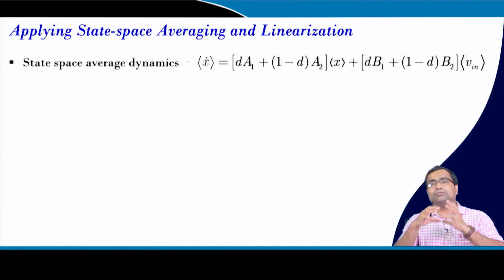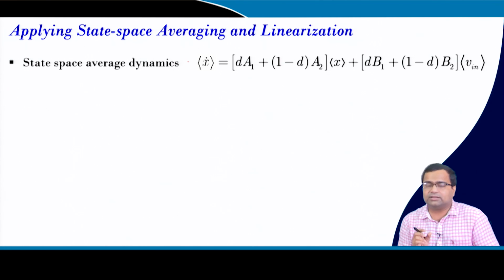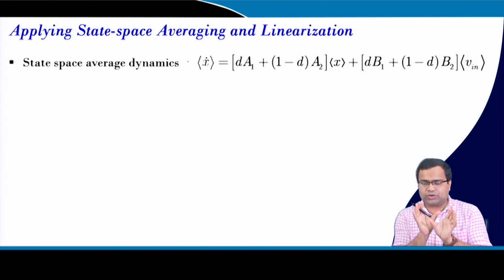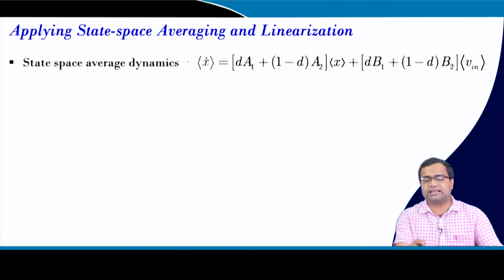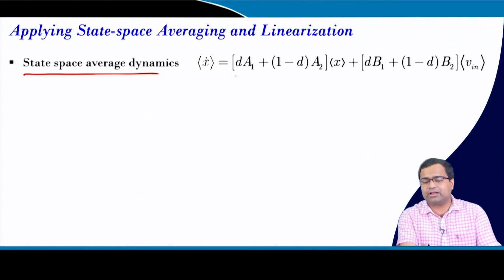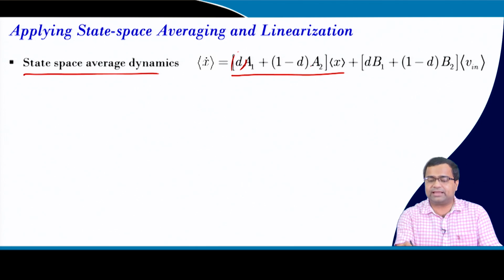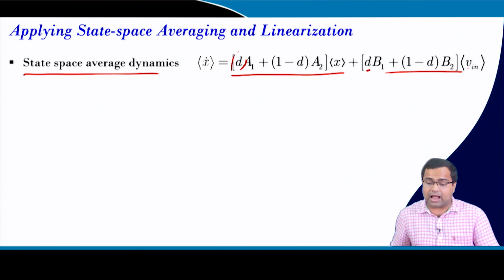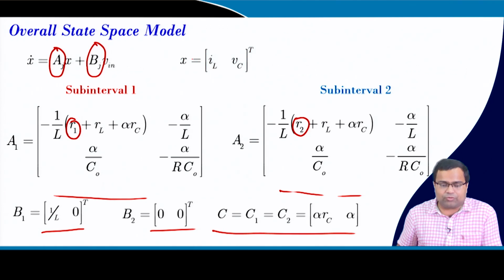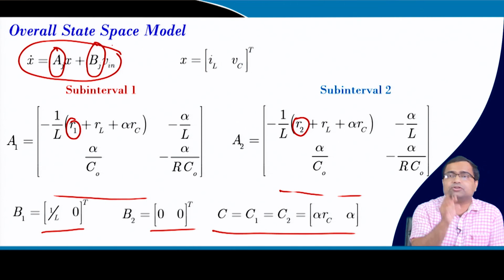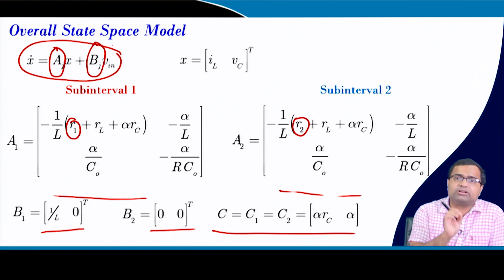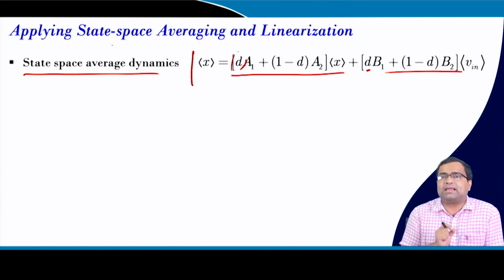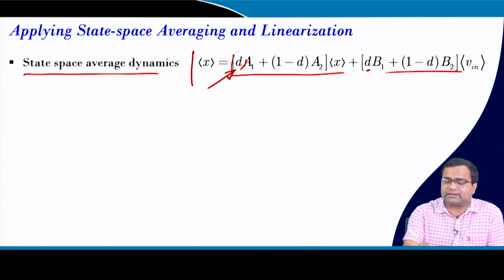Then once you get the switched linear model, if there are only 2 switching events, like switch on and switch off, and switch on happens during the d times T time and switch off happens during 1 minus d times T time, then with the standard averaging technique, you can simply average them, d times the average state and then d times the Vin. The original model is basically a switched linear model, a nonlinear model with switching nonlinearity, where we cannot apply linearization because it has discontinuous nonlinearity. But once you apply averaging, then it becomes a smooth vector field.